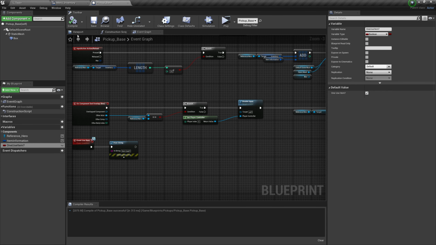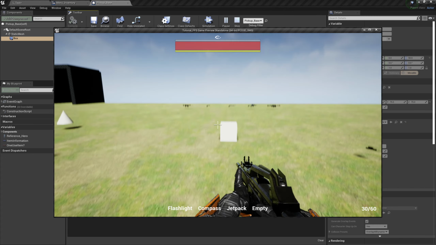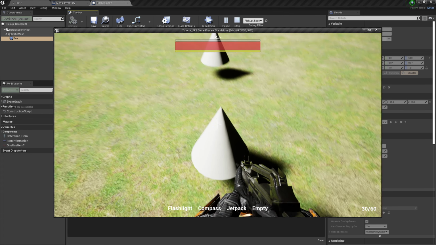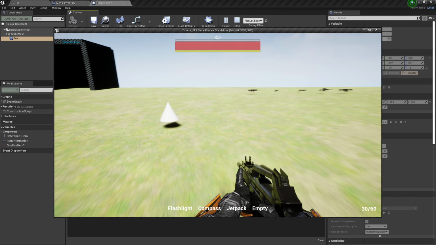And while I'm at it, I'm going to go to the viewport. I'm going to grab the box here and I'm going to make that 75, 75, 75, so we can stand next to the item, not necessarily on top of it, to pick it up. Hitting play. Now when I walk next to the item and I pick it up, then base pickup has been